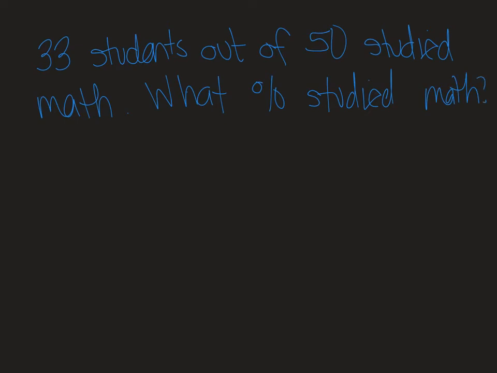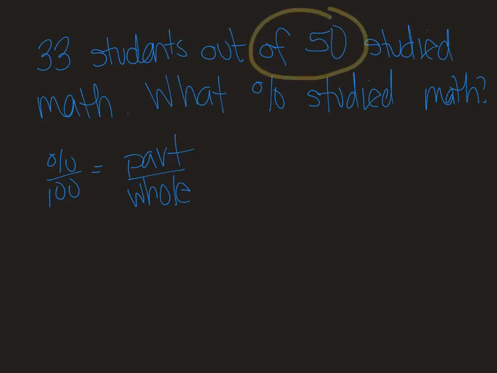So I'm going to think about this as percent over 100 equals part over whole. Here you've got to figure out, okay, which one is my part and which one is my whole. So my of 50 students, if you go back and think about that, percent over 100 equals is over of, that one's pretty easy to show me. Okay, well that has to be my whole because it's also the of part. So we know we don't know our percent. What is the percent? So I'm going to do P over